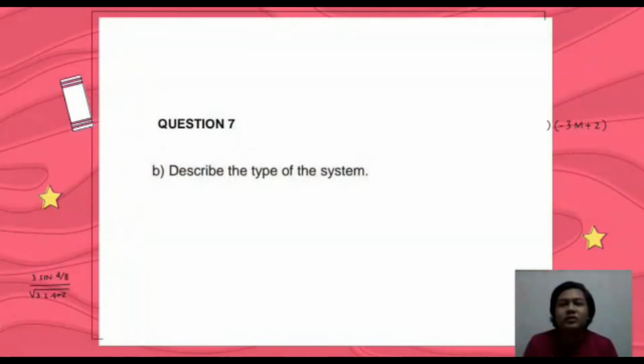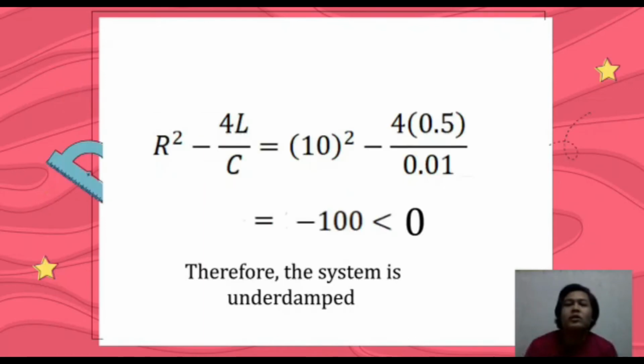Next, we will move to question B: describe the type of the system. To know the system, we need to check R squared minus 4L over C. From the problem, the R value is 10, the L value is 0.5, and the value of C is 0.01. Substituting into R squared minus 4L over C, we get negative 100. Since the value of R squared minus 4L over C is negative 100, which means less than 0, the system is under the